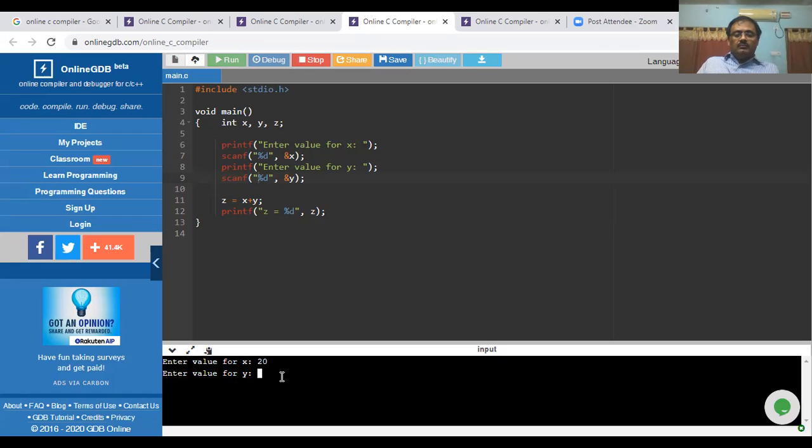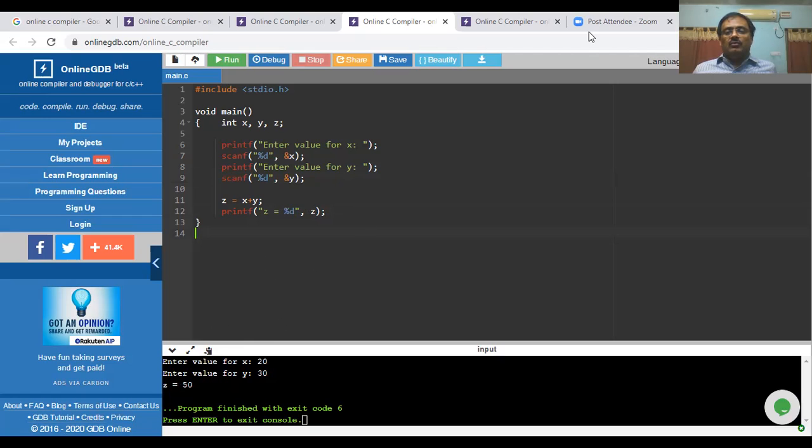I enter value 30 and press enter. So this statement executes. Z is equal to %d to print integer value. This is the text to print as it is, and %d prints the value in correspondence. Printf will look at the variable outside the quotation marks, take the value from that variable and print it here. That is equal to x plus y, 20 plus 30 is equal to 50.